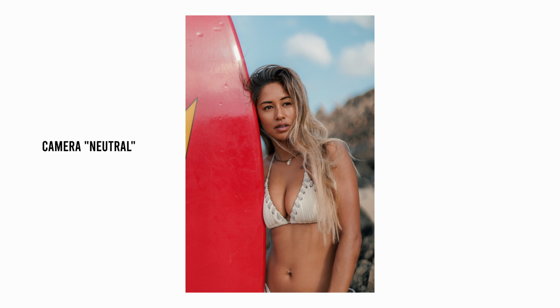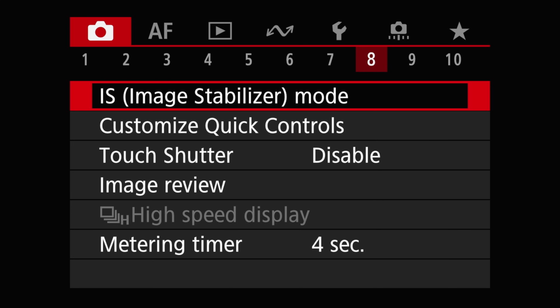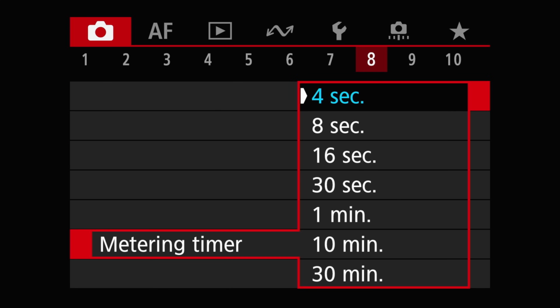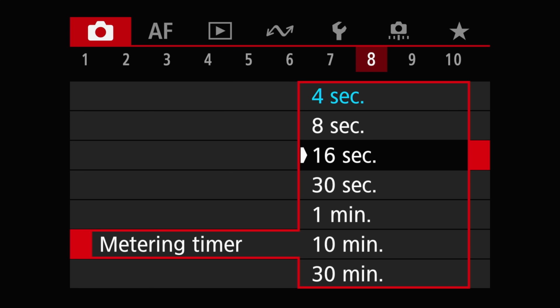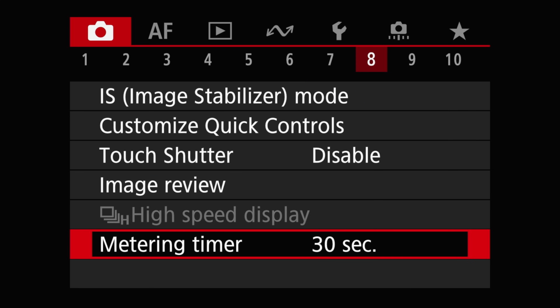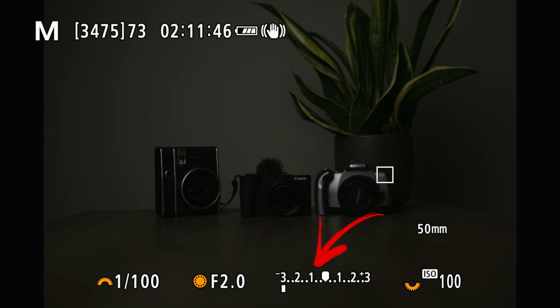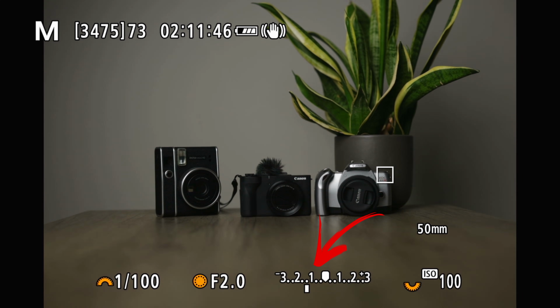Now let's stay on exposure, because there are a couple of key settings that I always change to help me get the correct exposure. First up is the metering timer. I always set this to around 30 seconds instead of 5. That keeps the exposure meter at the bottom of the camera on screen for much longer than default. So as I move the camera around and recompose, or the light changes, I'm constantly getting up-to-date exposure